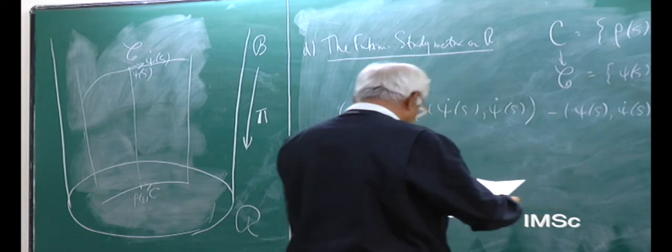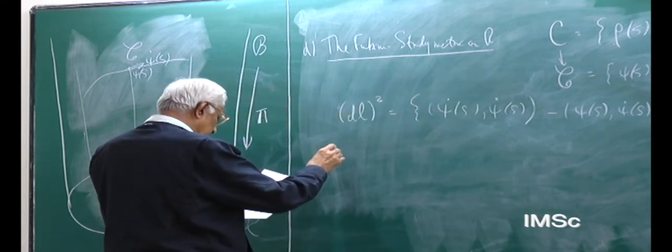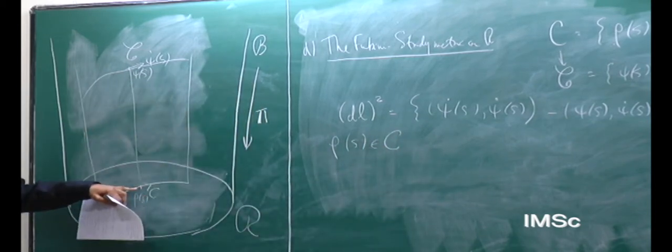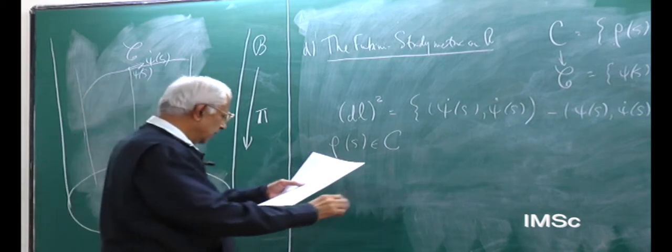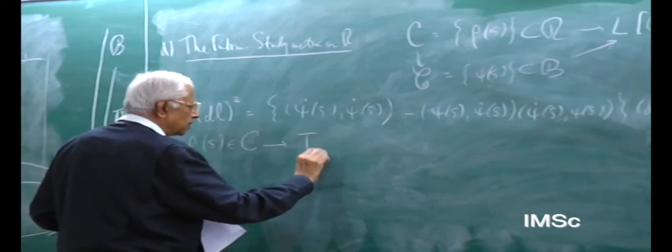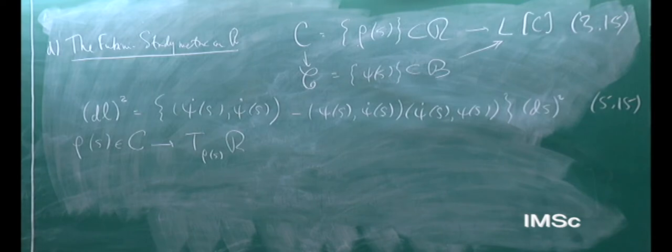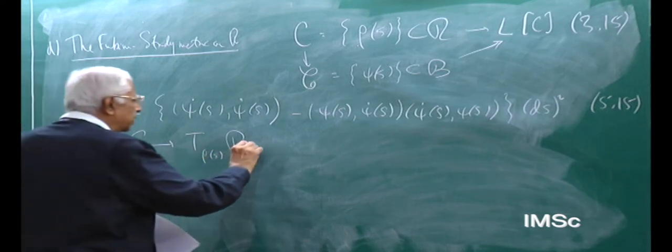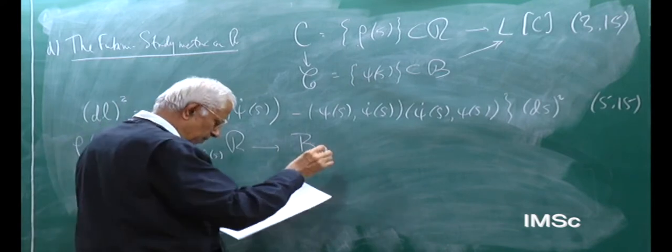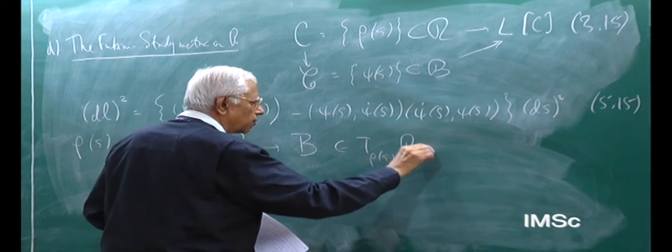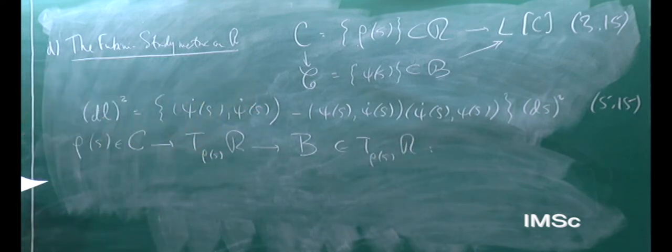So you can see that if you take a point rho of s along the curve in the ray space, there is a corresponding tangent to the ray space at that point. At each point of the ray space, you have a corresponding tangent space, which I wrote first thing today. And now, what is the most general element in that tangent space? What does it look like? Well, I had some expressions a little while ago.